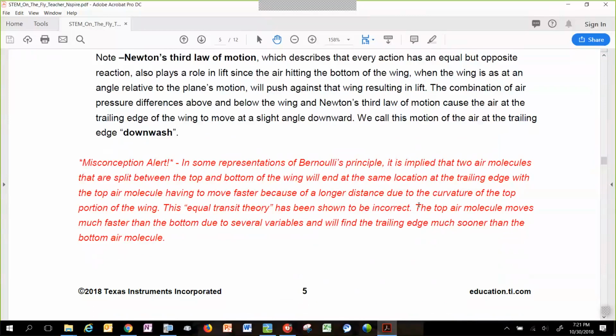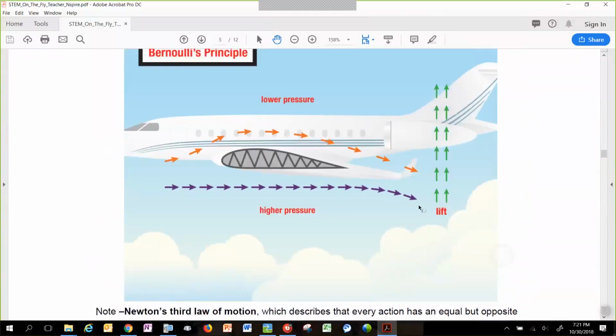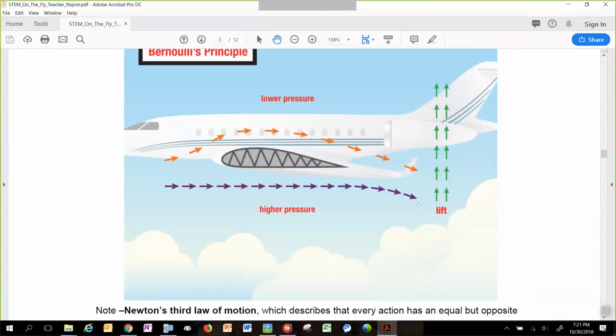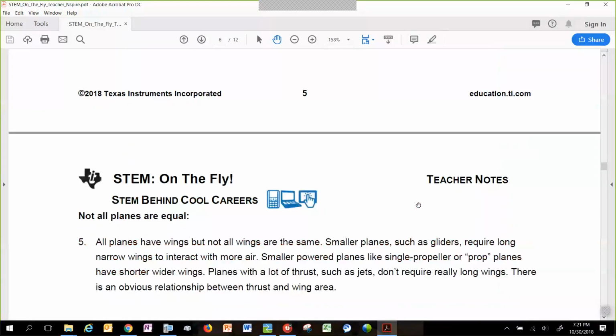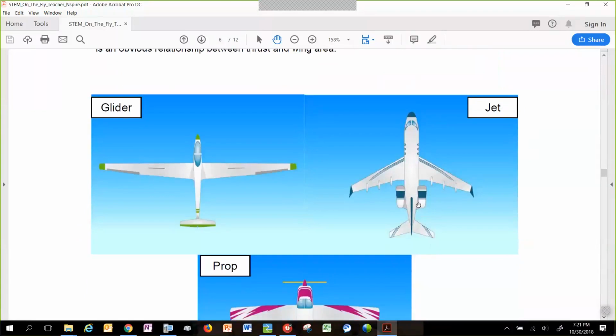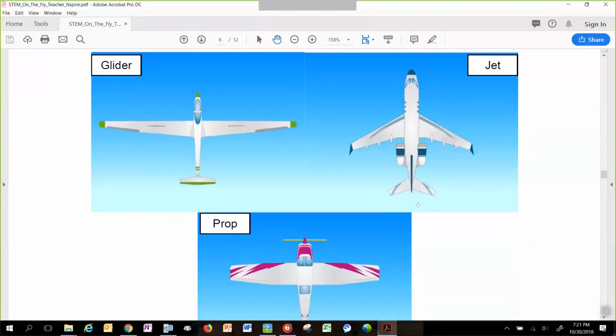All right. Yeah, it's a small distinction, but we have found out through trial and error that it can upset some people if we didn't address it. So we wanted to make sure we addressed it and made you all aware of it, because when I was in school, I was taught that the equal transit theory is true, and that Bernoulli's principle operated that way. Not quite the case. Okay. Right. So in this document, Curtis has shown you, these are images in the teacher document. These are also present in the student document. The images you're seeing right now,